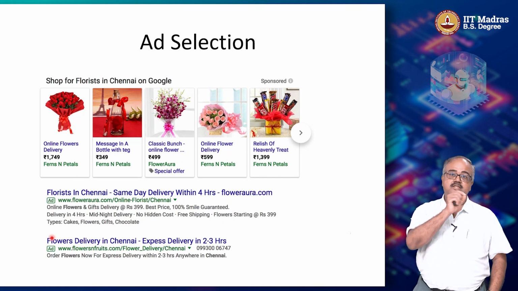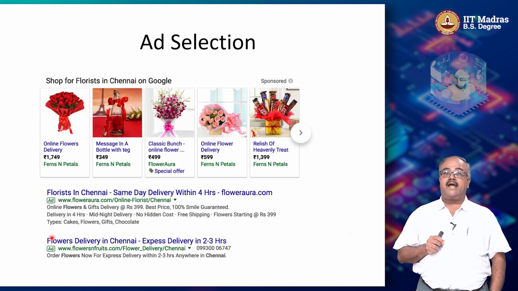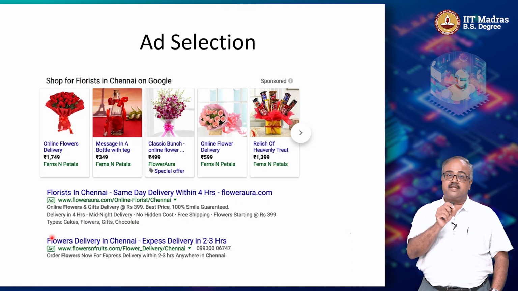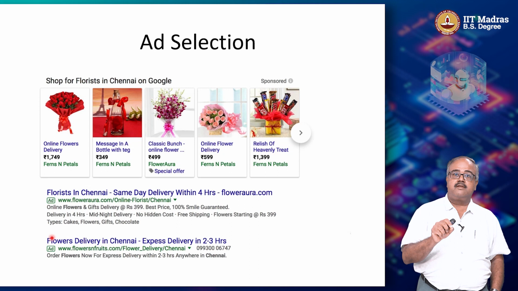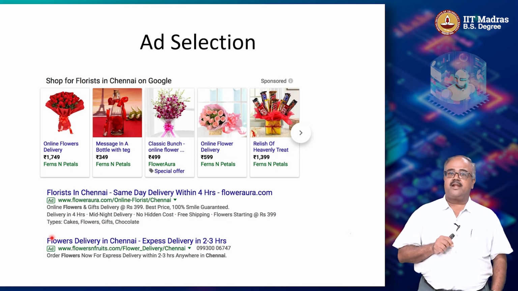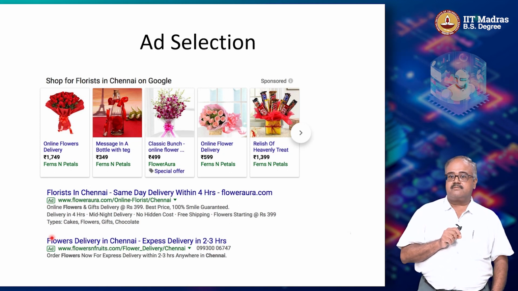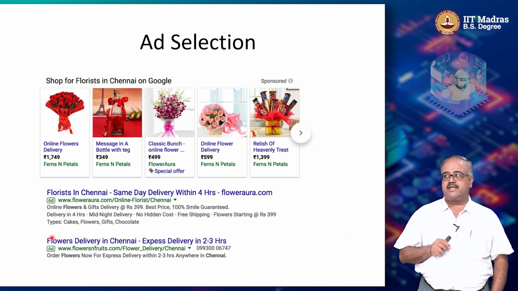Again, you use the probability that this person will click on the ad as your feedback, right? So that's what you're trying to learn. If you click, you get a reward of 1. If you don't click, then you don't get a reward. So that's basically what you're looking at in the ad selection process.